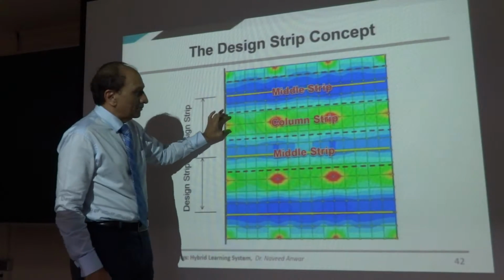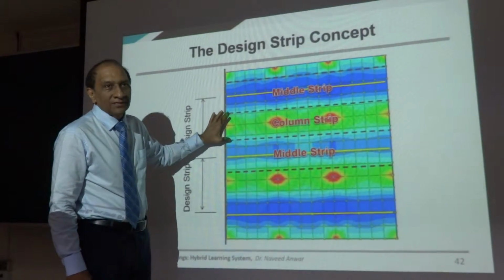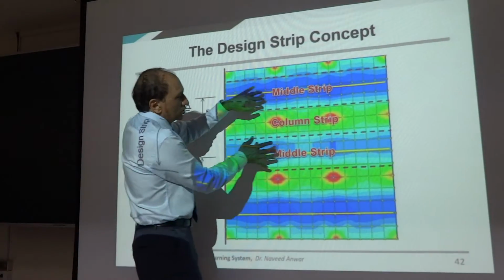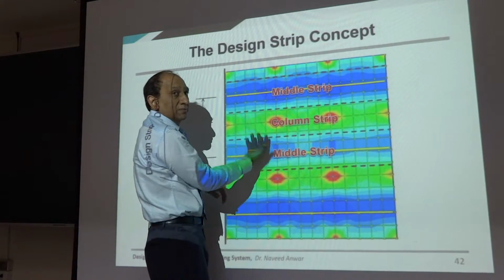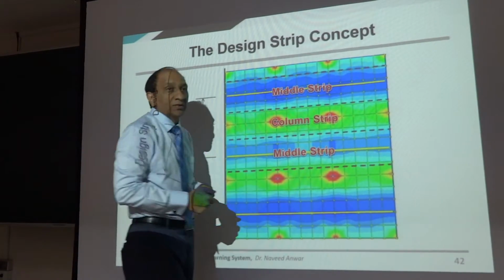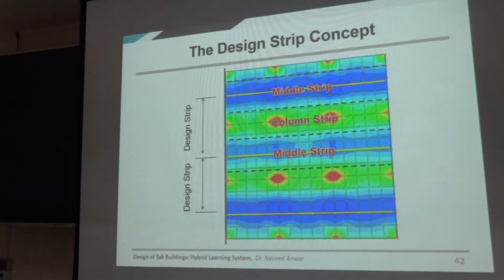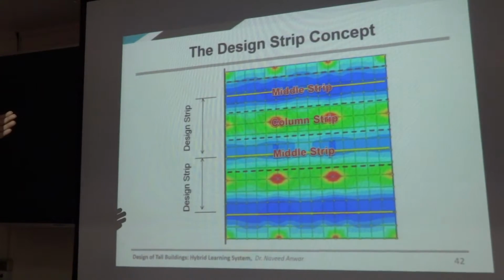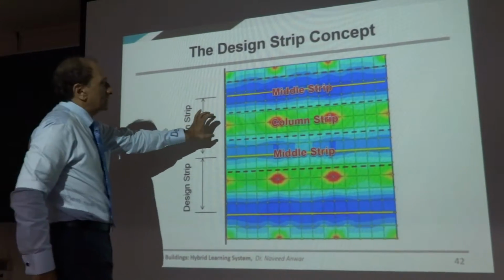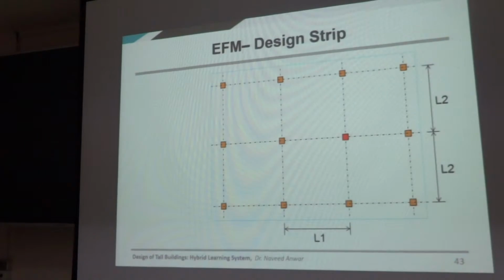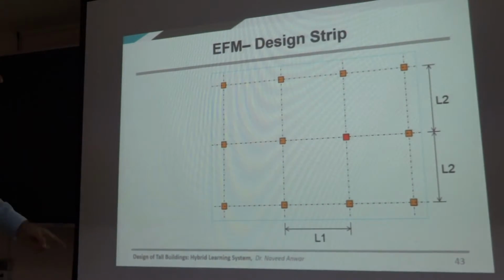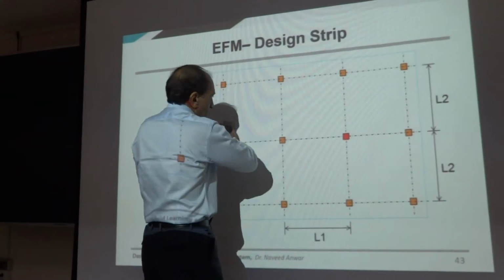Conceptually, this is like a beam, a wide beam resting on the column, and this is a slab which is going parallel to that, also deflecting, and in another direction it will be supported on these beams. So when we do that, it will be like this. So conceptually, it's similar to that idea. Just the beam is too wide, it includes a portion of the slab also. How wide this is depends on the span ratios and also the column spacing. So if this is L1, the span along, let's say we're talking about a design strip like this,